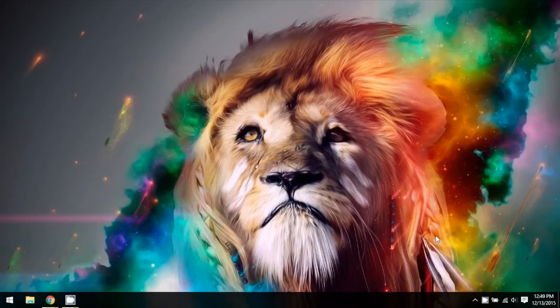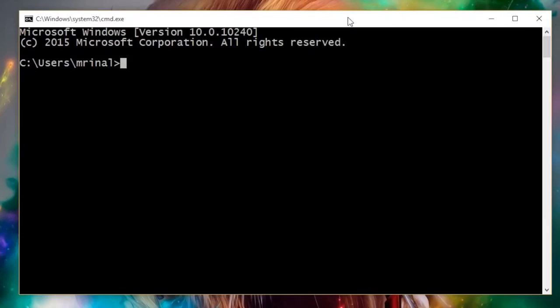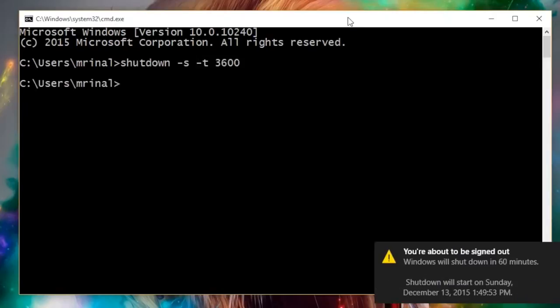Number 2. Schedule shutdown. Now I'm pretty sure you already know about this, but still it's so useful that it's worth mentioning again. So let's say you're watching a movie or downloading a large file, but after some time you start feeling sleepy. Now what you want to do is schedule a shutdown. So how do you do it? Well, you can always use software if you want, but there is a built-in option as well. So simply open your command prompt and type in shutdown -s -t followed by the time in seconds,